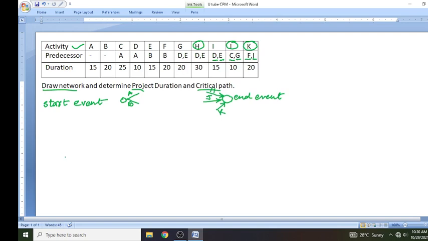Okay, now next step, I am starting the drawing of the network. So this is the start event. I will draw arrows here, A and B, and close them here like this. So this is the start event 1, and here I can write 2 and 3.